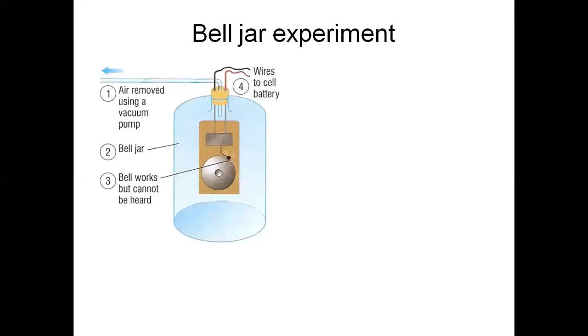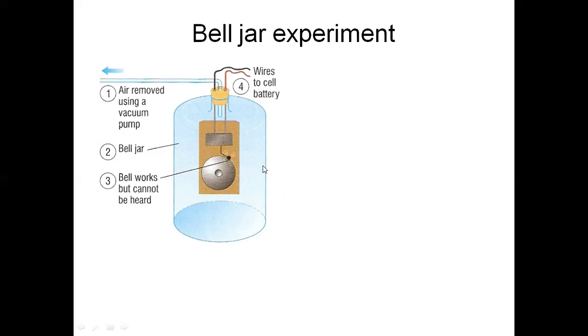Now, the bell jar experiment to show that sound needs a material medium. Here, the jar is taken, which is full of air in the beginning, and there is a bell inside. So when the bell is operated, the sound is heard and the bell is seen also. The ringing of the bell can be seen. We will see the hammer hitting the gong, and we will hear the sound as well when the air is